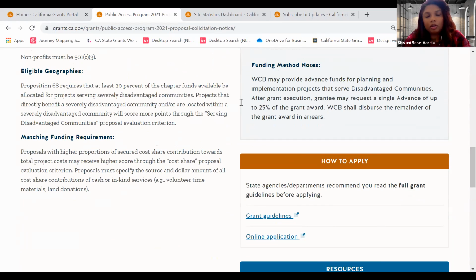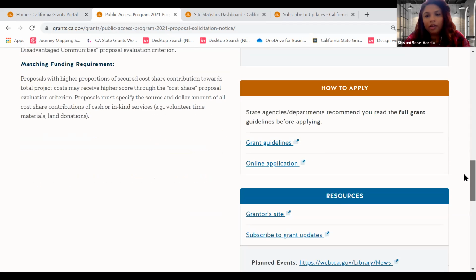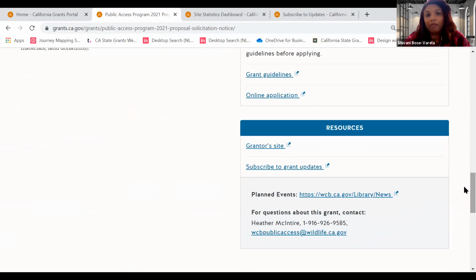Once you've figured out that all the information seems really good and you're ready to read the RFP, you will hit the grant guidelines. This link will take you to the department's website where you can read the detailed guidelines and then apply also. If you have questions or you need to figure out anything else that you might not have gotten from all the information,